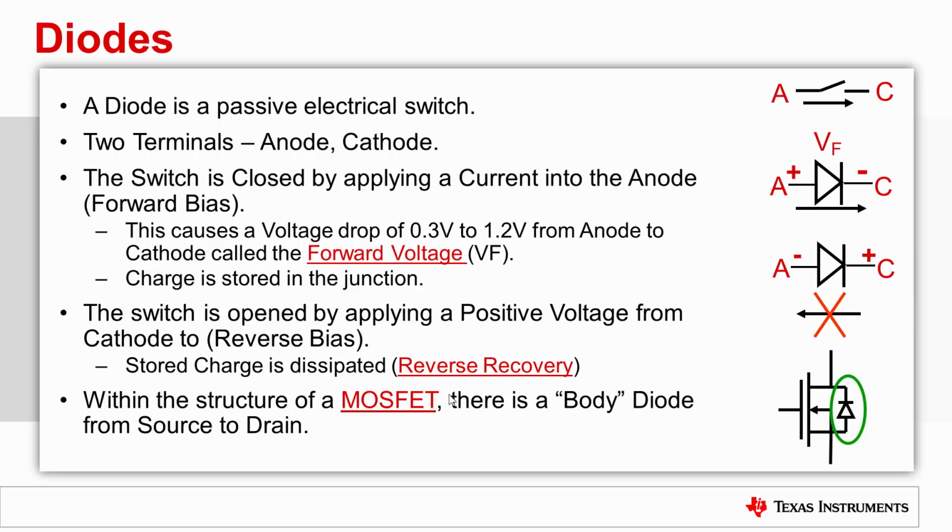The forward voltage times the forward current determines the power dissipation in the diode. Care must be taken to ensure the power loss in this component does not exceed its rating. To open the switch, a reverse voltage is applied from cathode to anode. There are several different types of diodes, including PN, Schottky, and Zener. Each of their uses is specific to the type of application. Important diode characteristics, including forward voltage, current rating, reverse voltage, and reverse recovery, are just a few to consider in your design.